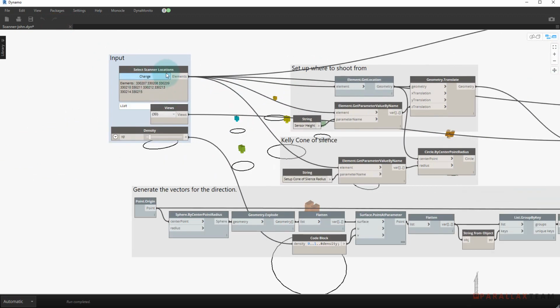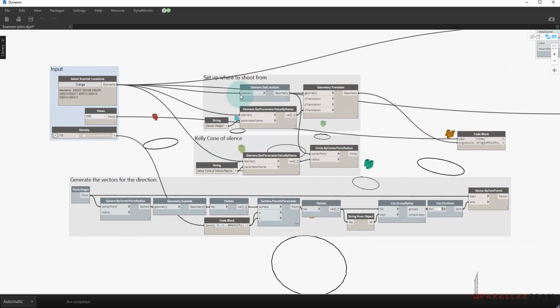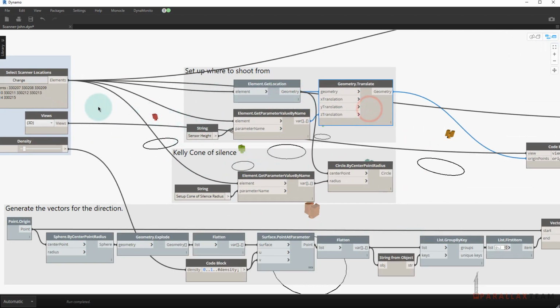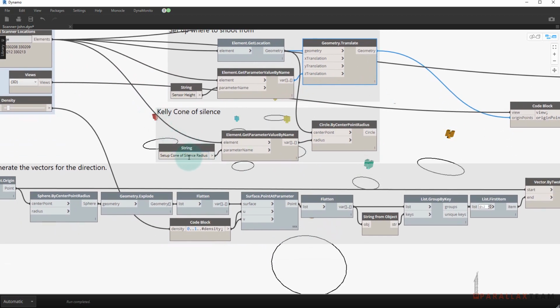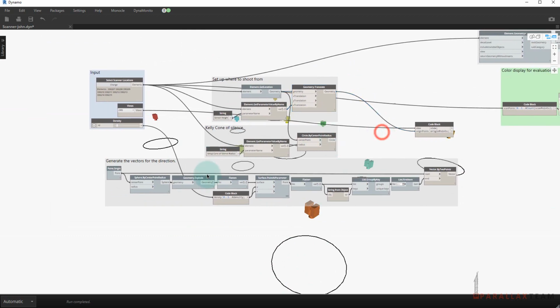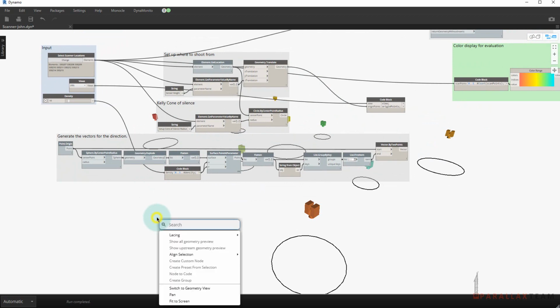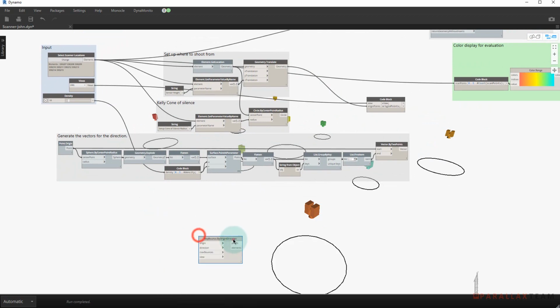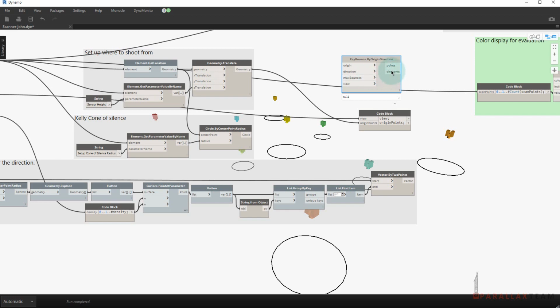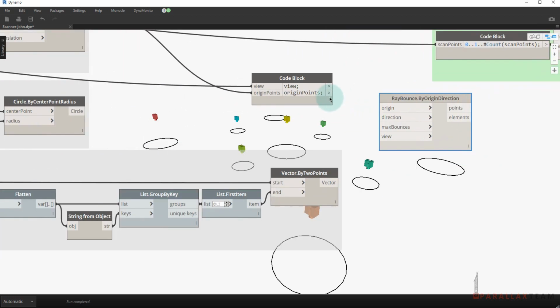Within this model, we have the scanner location selected, a view selected, and a density of points. We have a few things like getting the location of the scanner and offsetting it to be the height that it would shoot from. There's also this concept of a cone of silence where we can't scan. For generating things, we're able to shoot some rays out within Dynamo. Natively, we have this ray bounce by origin and direction, so all we would need to do is feed it some origin points and which direction it needs to go,